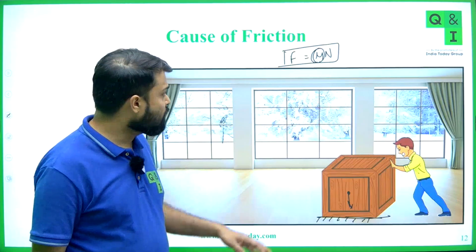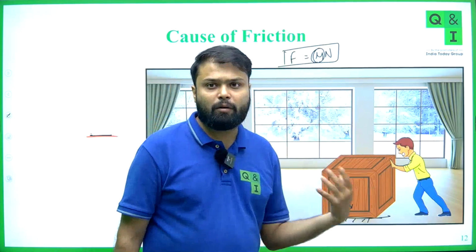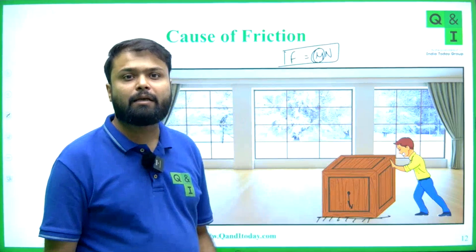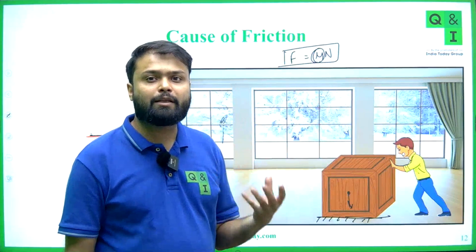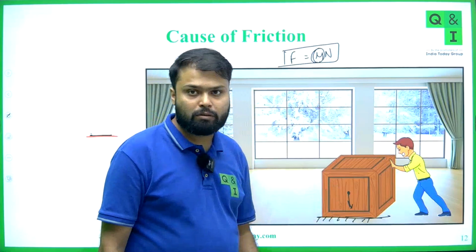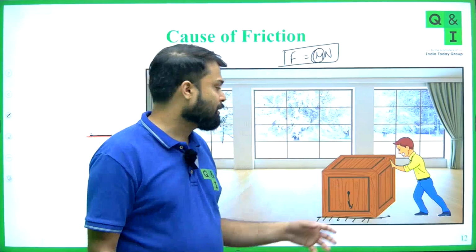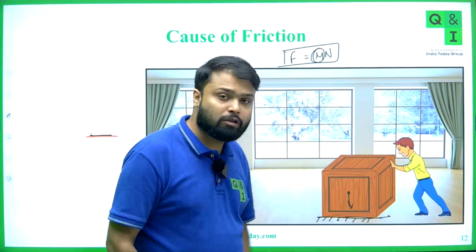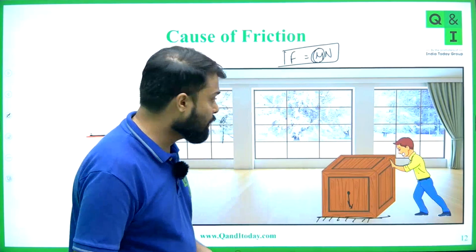Okay. So we can calculate the force of friction by the formula mu into N, where mu is the coefficient of friction depending upon the nature of the surface, and N is the normal force. If you increase the weight, you can feel that the force required to start the motion is more. Okay. Now,